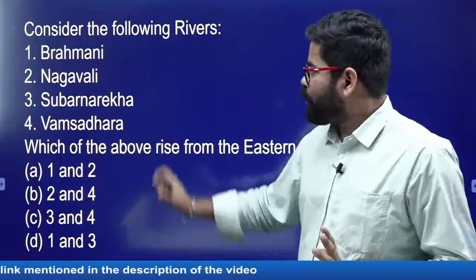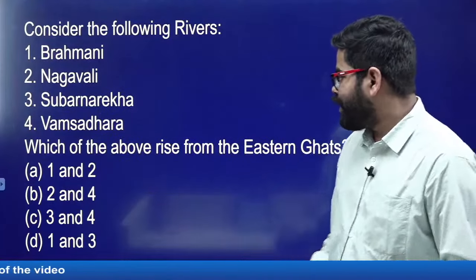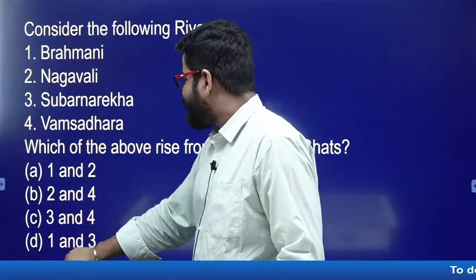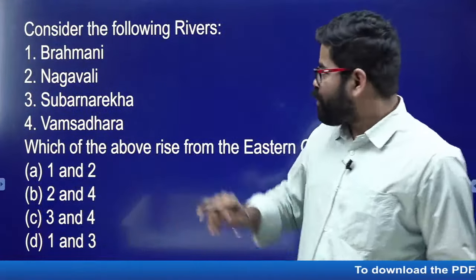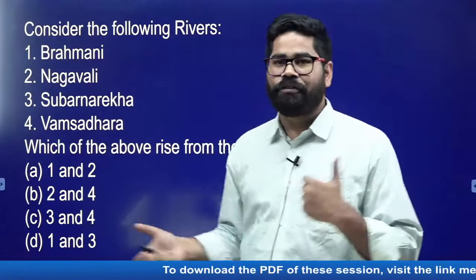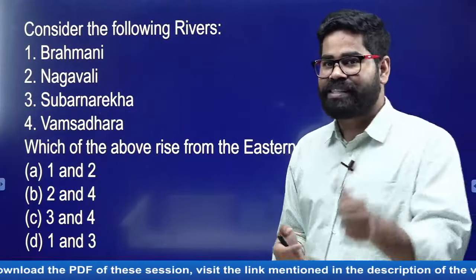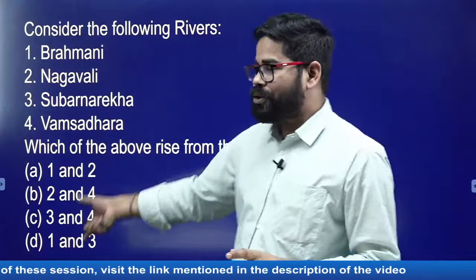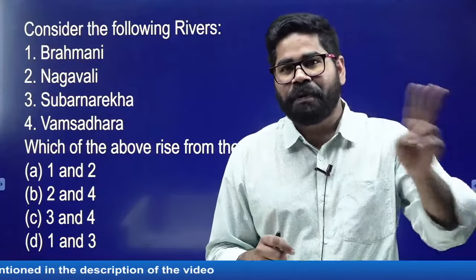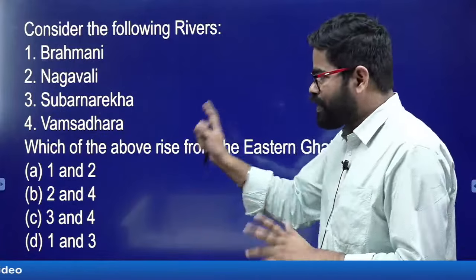And in this, if you knew even one, let us say that you know about Vamsadhara, then you have two options, B and C. And if you know about Nagavalli, then also you have two options, A and D. So this was something which was a bit tough also. You didn't have easy chances of elimination here. Now this requires the knowledge as well as the skill to eliminate. After seeing this question, you will know that two of them are correct, the remaining two are incorrect. And wherever you are getting 50-50 chances, there the chances of error are higher. So this is one such question.